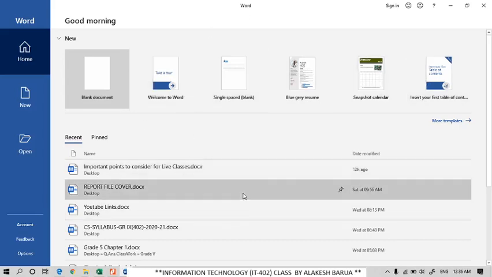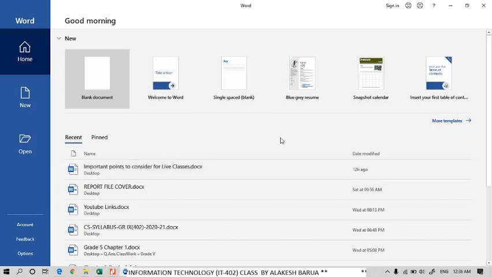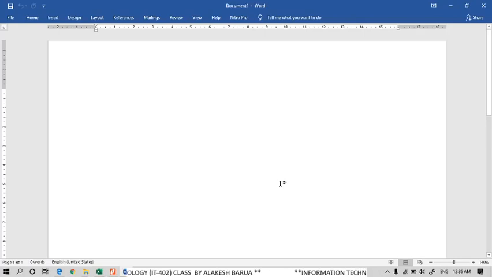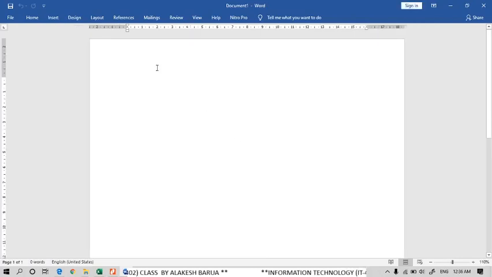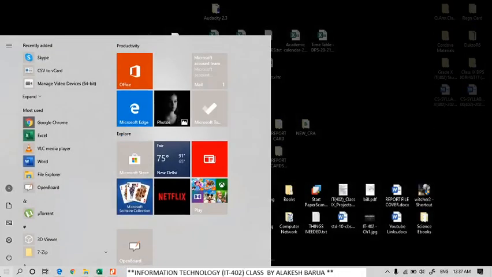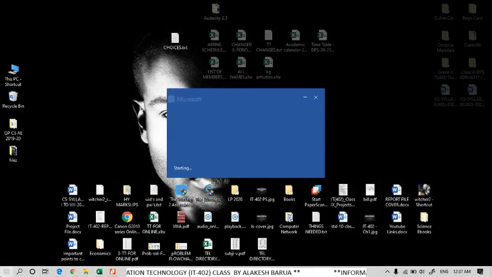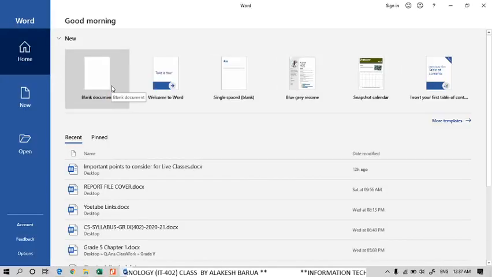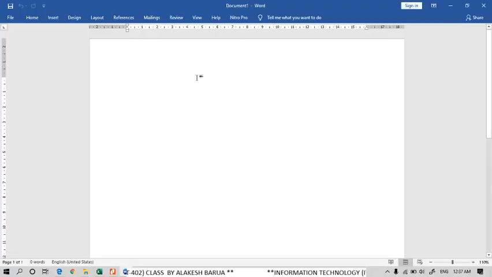So whenever you are going to start a new document, here when we're doing the practicals, you'll always click on blank document. That means the entire document is blank, and we'll create it in our own style. So to start Microsoft Word, just click on Start, type Word, open Word, and then click on blank document. This lets you start Microsoft Word. And then similarly, if you want to close the document, then just close it. If you are typing something,